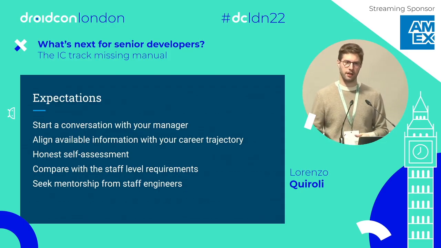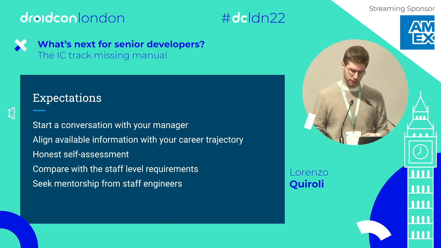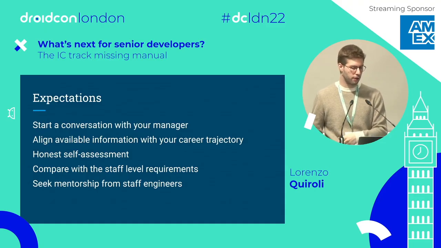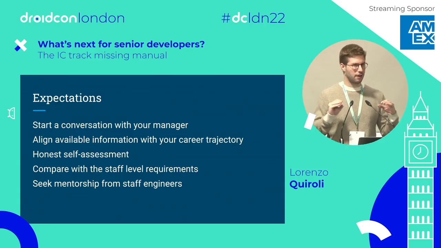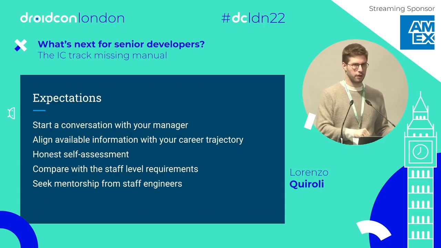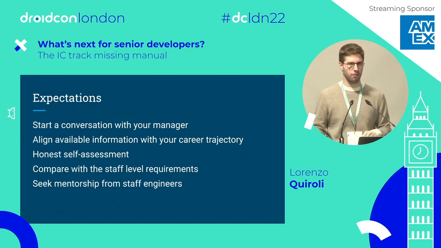Finally, understand the expectation in your company for a staff level engineer. You want to understand from job postings what being a staff engineer means for the company, from the tech ladder, and from people by talking with them. So if there are other staff engineers in the company, talk with them, ask them their own opinion. If there are no staff engineers in the company, you can get mentoring from outside the company. There's a bunch of websites where they offer mentoring. Some of them you have to pay. Again, if you have a learning budget, spend it. Others are even free, I believe.